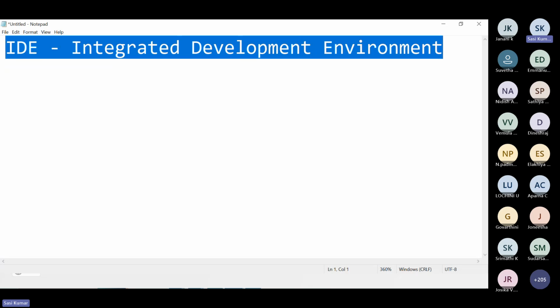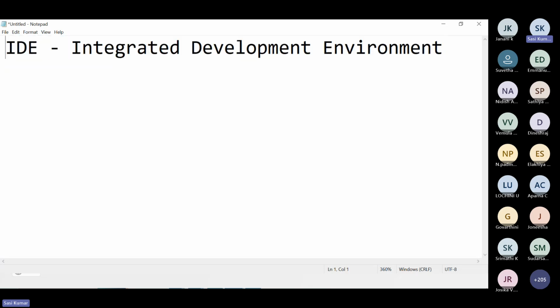By using IDEs, we can easily develop applications, instead of taking care of organizing and structuring various files. You might have hundreds of Java files, images, CSS files, HTML files, JavaScript files. Instead of us managing them, the IDE gives the facility to manage all the files and to work in an easy manner. That's why we are going with IDEs.